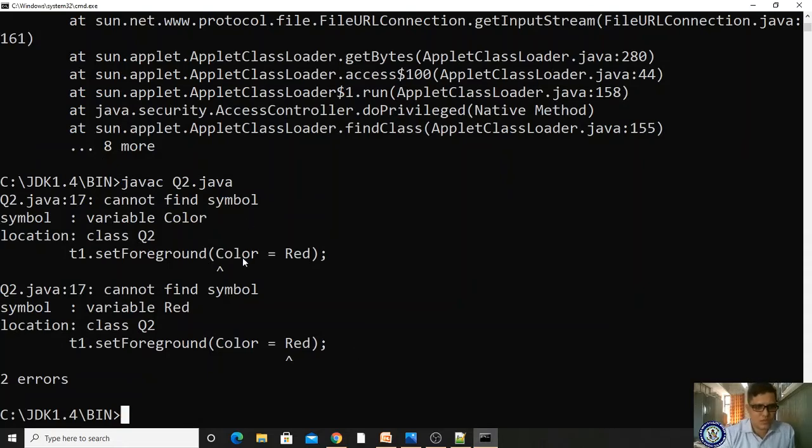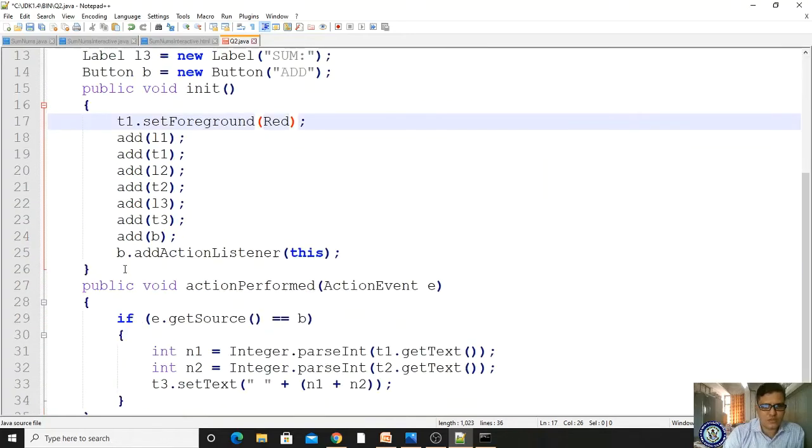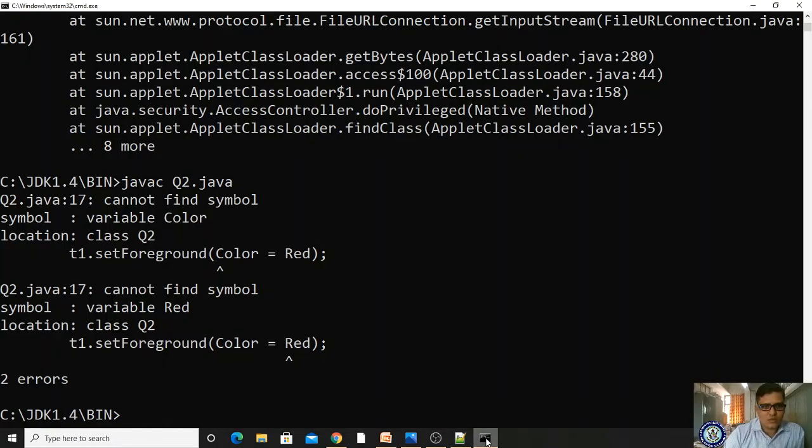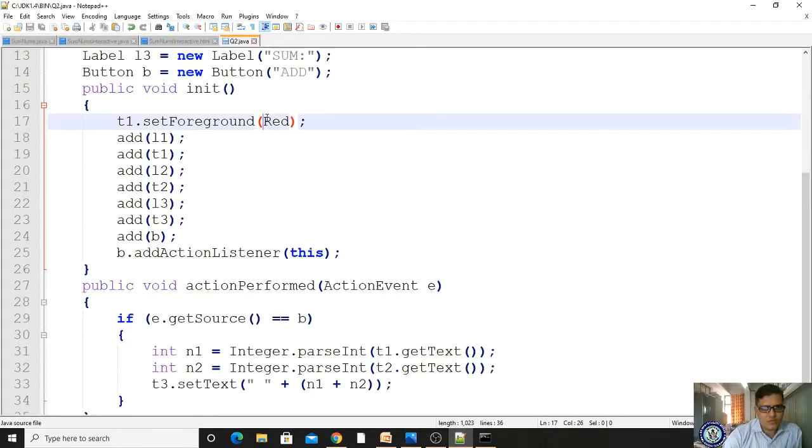Error is there. Okay, what is that? Your color is not required. Directly we can give red. That's all. Yes. Save it, compile. Red should be in double quotation marks because it is a value.